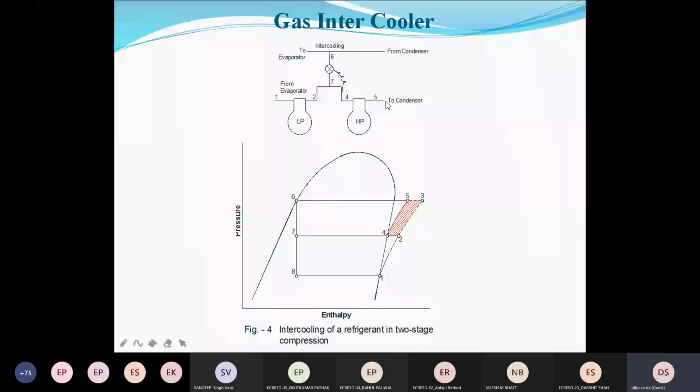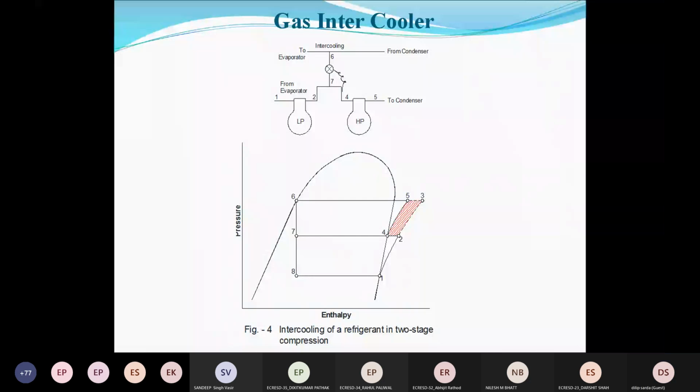You can see all the points here, 1 to 2. That is again brought to saturation temperature and pressure. The gas has been converted, and then it is compressed. So there is a saving of work done of this much quantity. You can see here, friends, we have injected the liquid at a higher evaporating temperature and reduced the superheat of the gas, because the superheated gas has a higher pressure. That's why we are able to inject the liquid at higher pressure and remove the superheat of the gas.